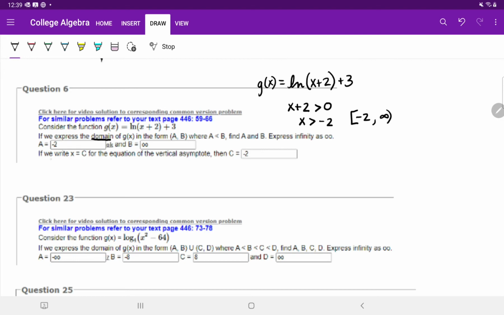And that's where we get the -2 and infinity. Oh, I said bracket, I meant parenthesis. I'm having a long day. All right, so